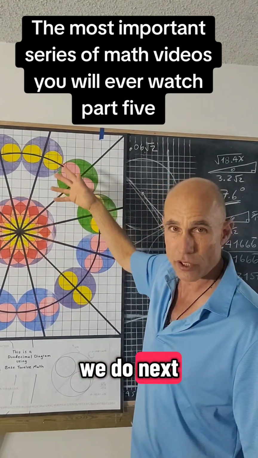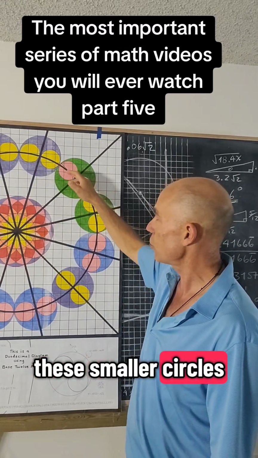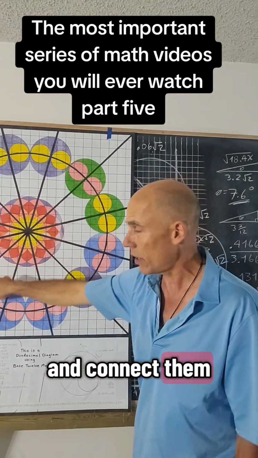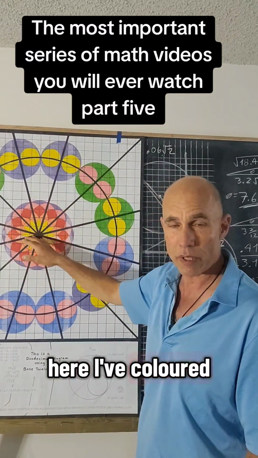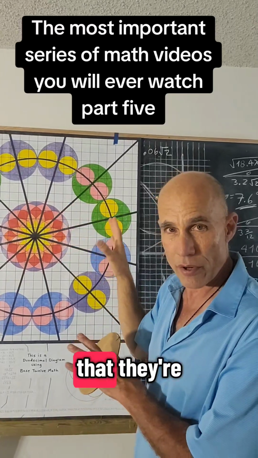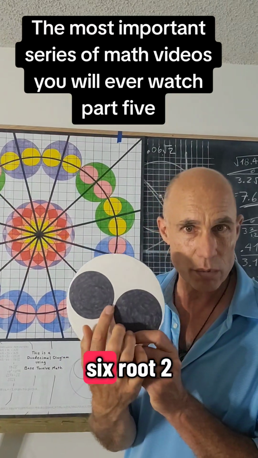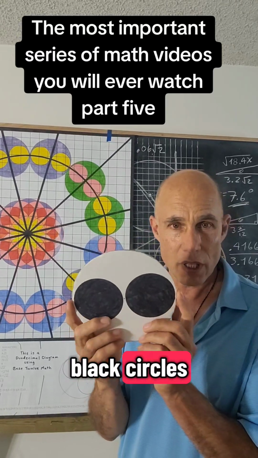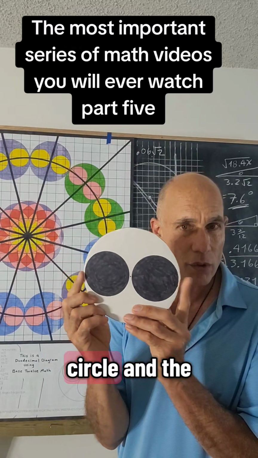So what we do next, our next step, is to take the points that are defined by these smaller circles where they intersect the polygon that we created and connect them on either side of the center point. So we connect them on either side. Here I've colored them in just to show us that they have a thickness. And again, that thickness is 0.06 root 2. That's the distance between the circumference of these two black circles. And then again, the distance on the other side between the edge of the black circle and the white circle